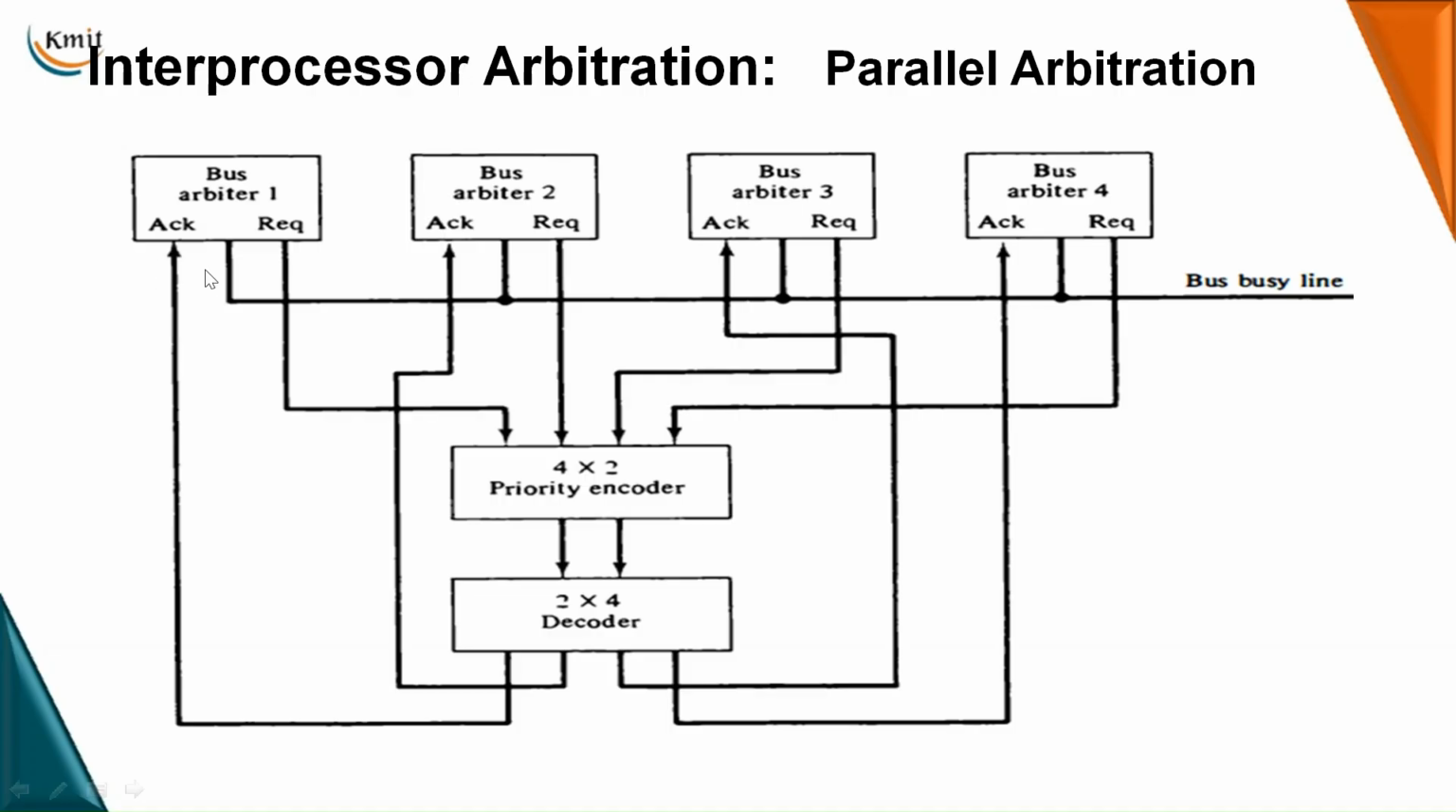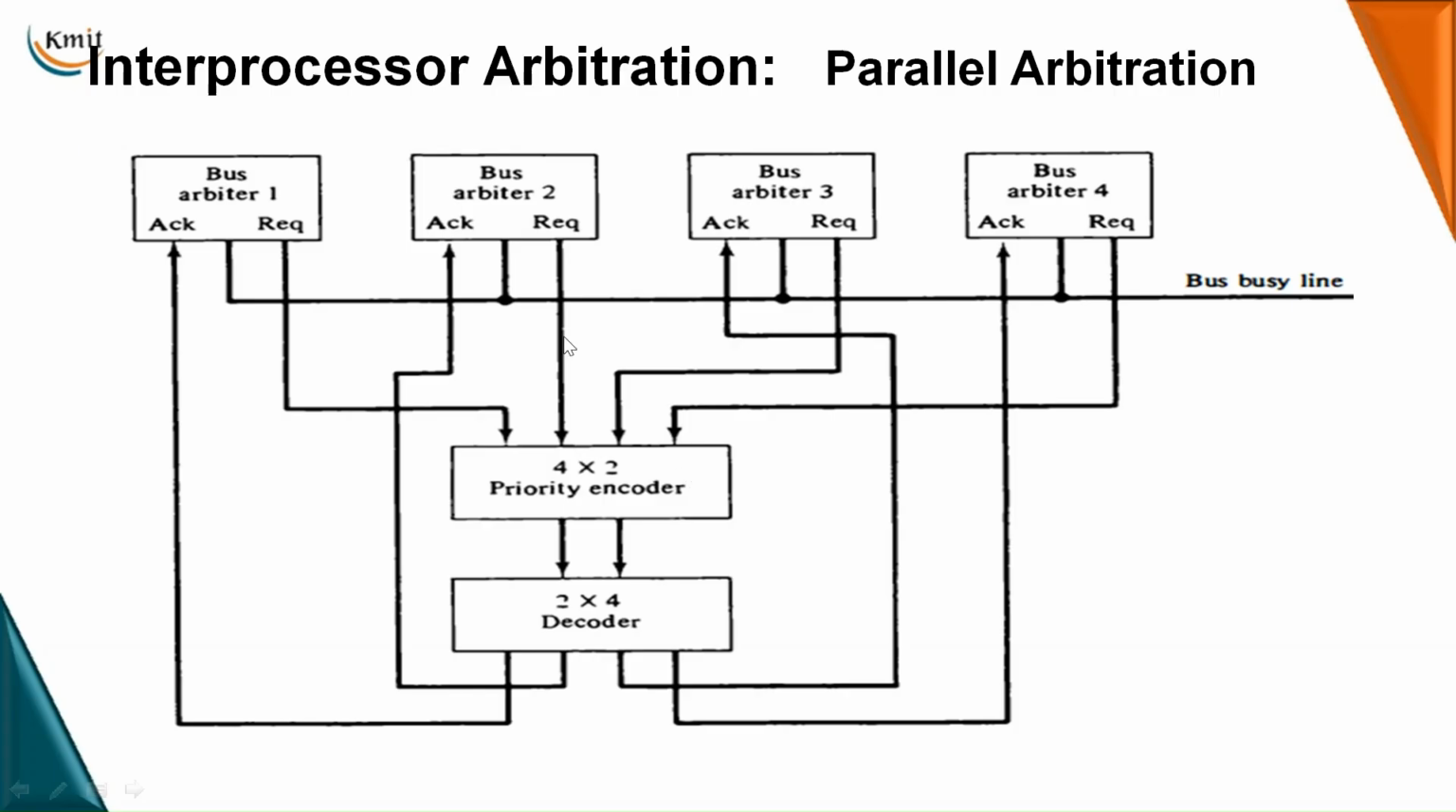So when a processor wants to access the system bus, the arbiter of that particular processor enables the request line. Say, for example, this particular processor wants to access the bus. It will enable this particular request line. And the processor takes control of the bus if this acknowledgement line is enabled. If you see this diagram, it shows the request lines from 4 arbiters going to a 4 by 2 priority encoder. All the request lines are given as input to the 4 by 2 priority encoder, and the output of this encoder is a 2-bit code which represents the highest priority